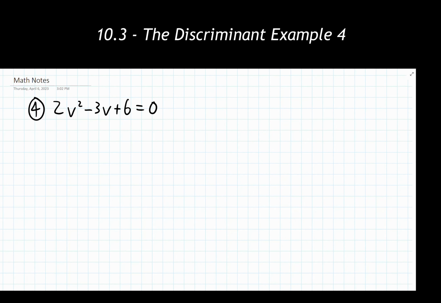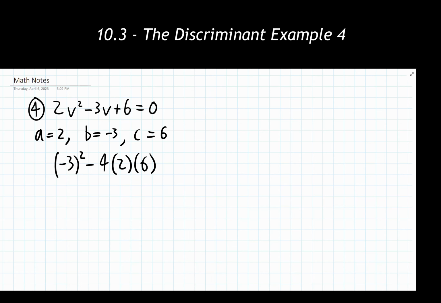Looking at our fourth and final example that we have for working with the discriminant, we're doing the exact same thing that we did with all previous 3 examples so far. I'm again identifying my A value to be 2, my B value to be negative 3, and my C value to be that positive 6. I'm then plugging that into my equation for the discriminant, making sure that we are still using those sets of parentheses. I'm going to plug this whole thing into my graphing calculator to get an answer. After doing so, I'm getting that my answer is going to be negative 39.